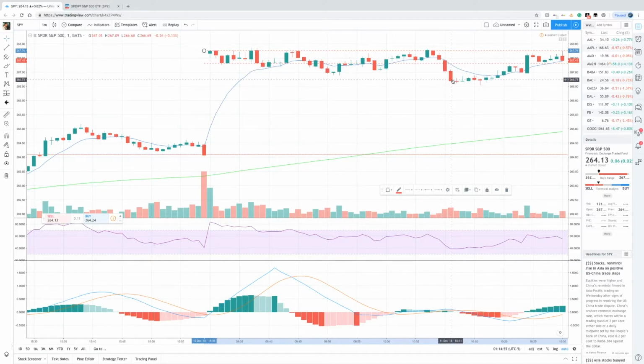Now, here is a perfect example of, and I'm sure you're asking yourself this question, well, hey, Ruben, what's going on? If that's confirmation, then why on earth did the stock just go back up? I mean, isn't this supposed to continue down and fill this gap? No, it's not. And let me explain why, and why you need to be patient and trust the process. In the words of Mike Shaw himself,